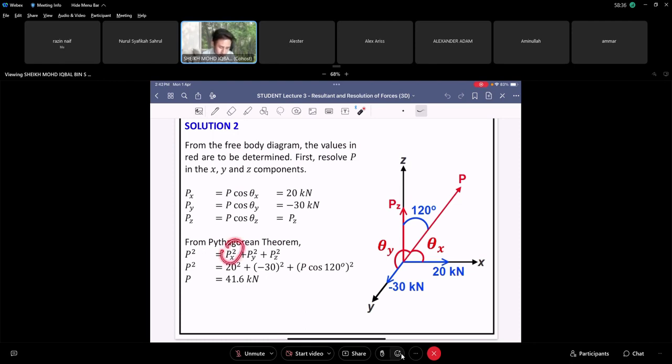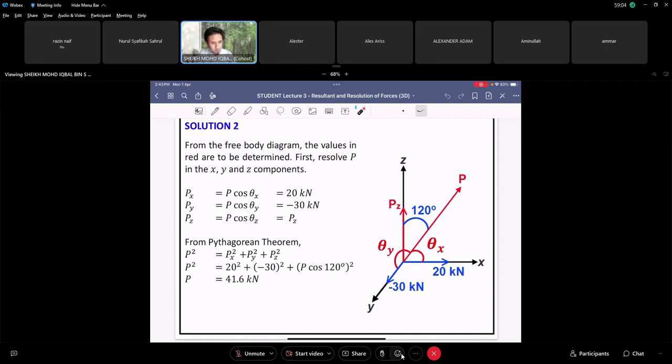So Px, we know it's 20 kilonewton, right? Py, we know it's minus 30 kilonewton, right? Pz is equal to P cos theta z, right? And theta z here is given, which is 120 degrees. All right, so finally your P is 41.6